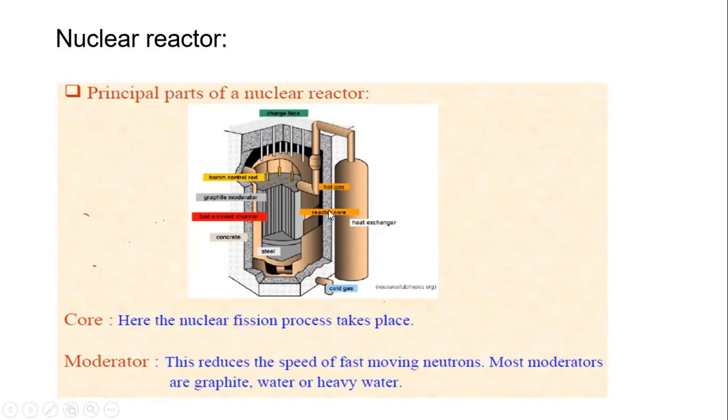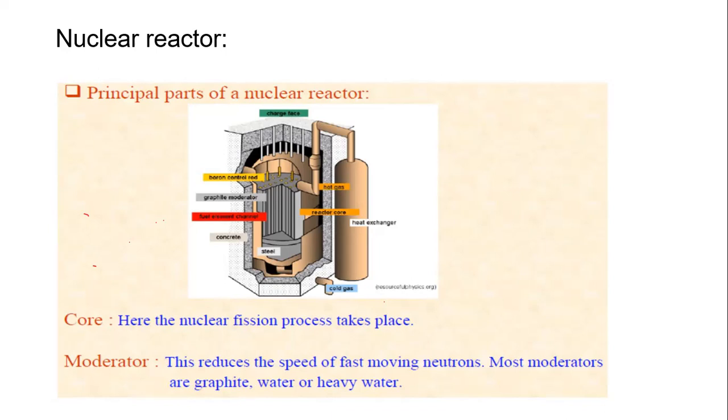The size of the reactor core is sufficient to complete the chain reactions. Next are the reflectors. The reflectors are used to control the neutrons and the fission process, and to prevent neutrons from escaping from the nuclear reactor. Next is the reactor vessel. In the reactor vessel, we have the reactor core and the fission process.